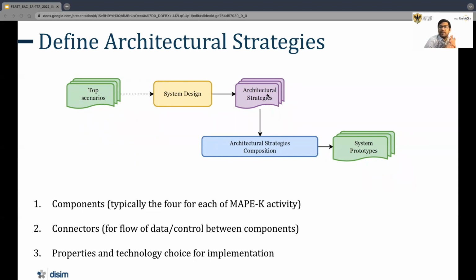So which means that 5 different components exist. Now, each of the components can be implemented using different technologies. They may be connected to each other using different mechanisms or different connectors. The technology choice for component implementation, type of connectors, and the associated behavior can result in different types of candidate architectural strategies. Once these strategies are selected, each strategy is used to create a managing system, and they are integrated with the IoT system to generate a working prototype of the IoT system. So in this work, we specifically take into consideration three strategies.